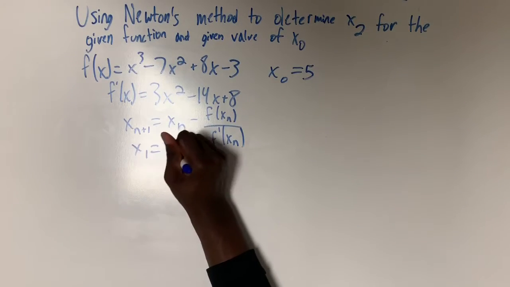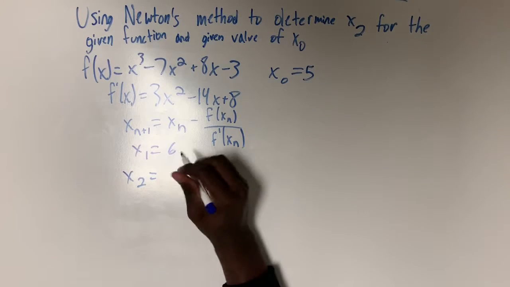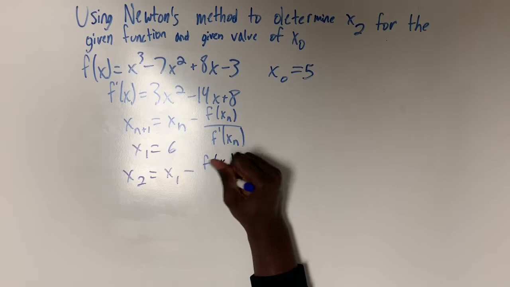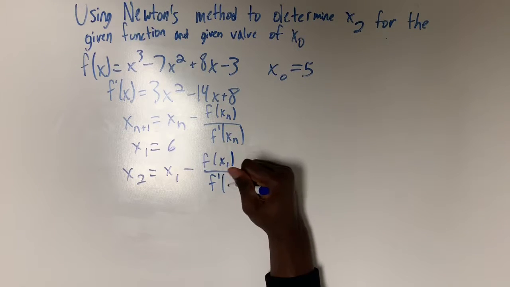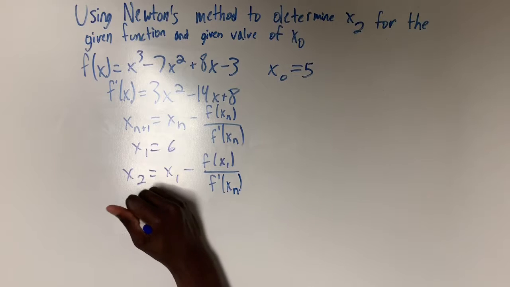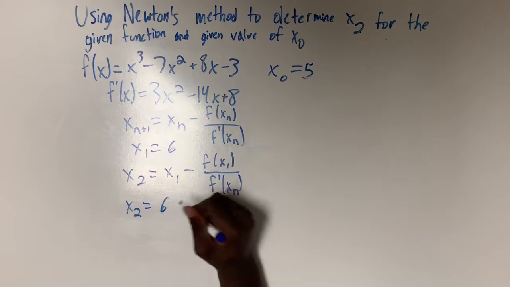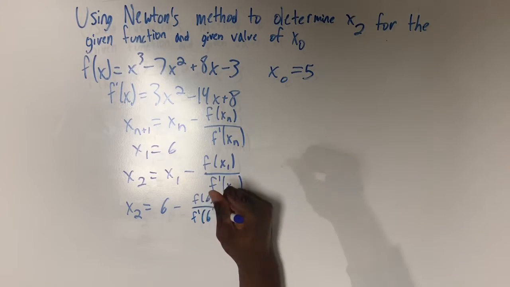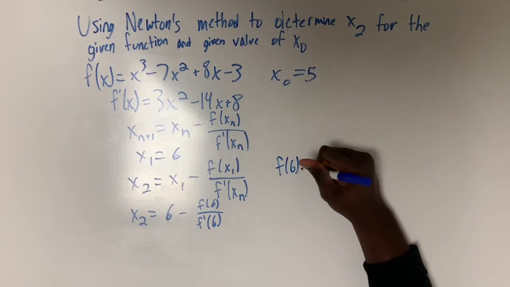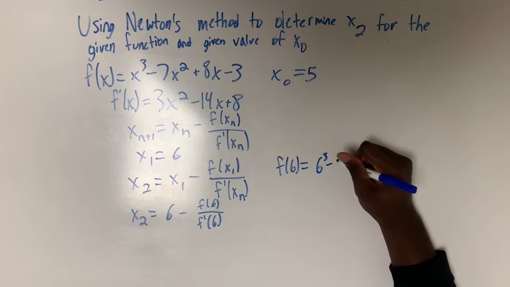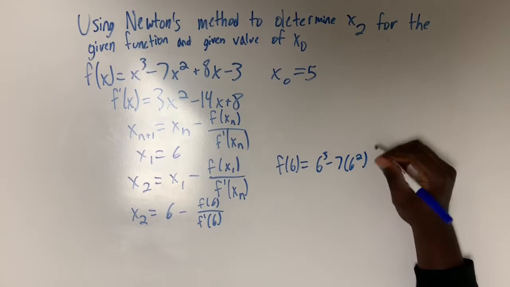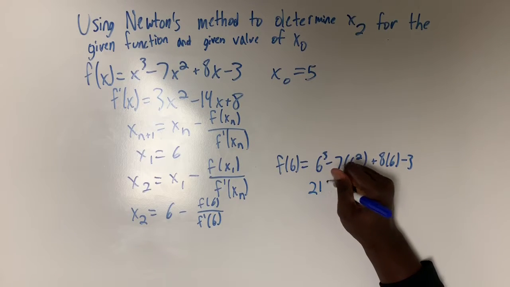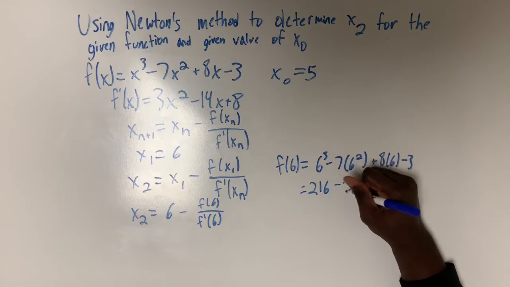Now, after finding x1, we can continue with Newton's formula by finding the second iteration and plugging it in. That should give us x2 equals x1 minus f of x1 over f prime of x1. Since we know that x1 equals 6, we can plug in that value and find the rest by plugging into our other equations, giving us x2 equals 6 minus f of 6 over f prime of 6. Next, we're going to find f of 6 and f prime of 6 by plugging them into the original equation and the prime. By doing so, we should get f of 6 equaling 216 minus 252 plus 48